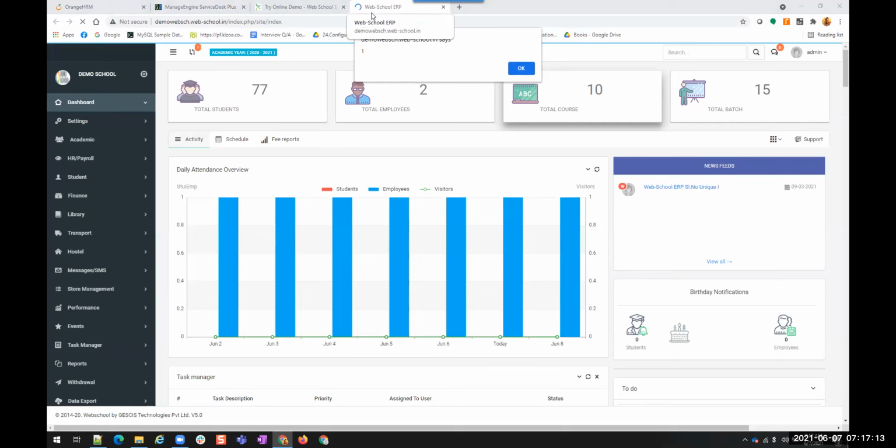What is this whole site about? Management prep school. What is this about? So you are maintaining the attendance of students and you are maintaining the employees of your school. How many are present, how many are absent, attendance management, results management, transport details, everything you can store inside this.